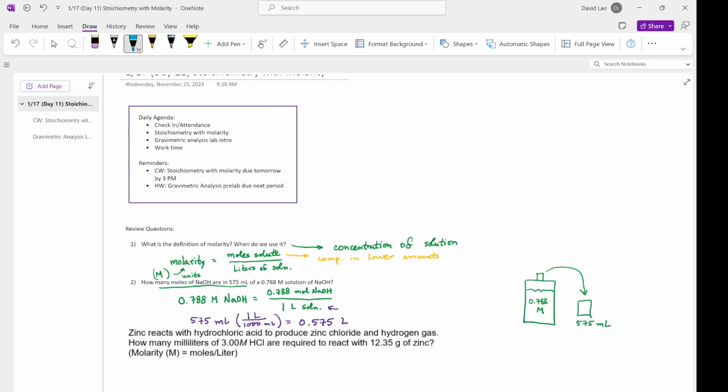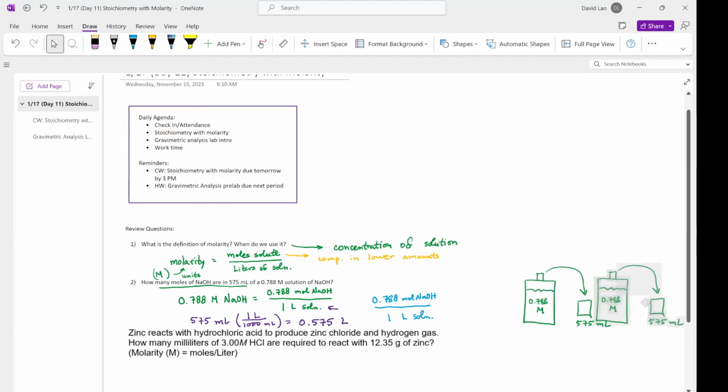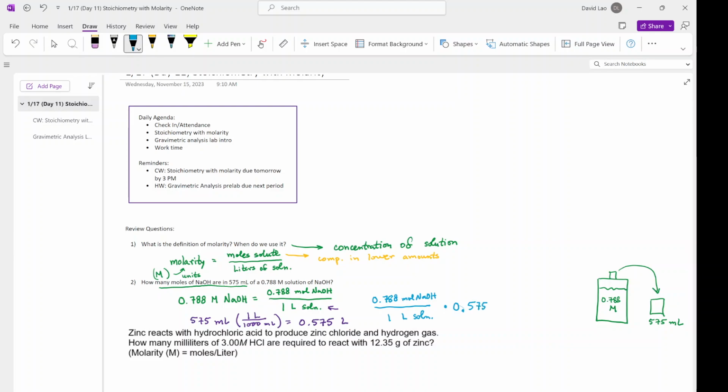Okay, so I've done all the conversions and I've rewritten things as I need. Let's go ahead and do our calculation. If I take 0.788 moles of sodium hydroxide per 1 liter of solution, I'll move some stuff over again. I don't know if that picture is actually helpful for you, but it's there. Then we multiply that by our volume that we're pouring out, 0.575 liters. You notice that the units of liters cancel out, and we're left with 0.453